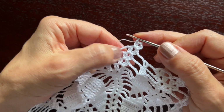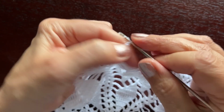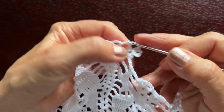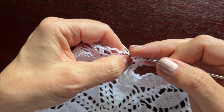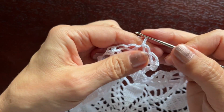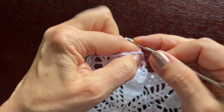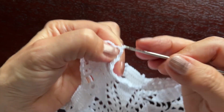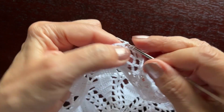and in this round and in this part of the pattern we'll make 4 single crochets with chain 4 between. So chain 4, a single crochet, chain 4, a single crochet, chain 4, a single crochet, chain 4, and the fourth single crochet and chain 4 again. Now a shell,